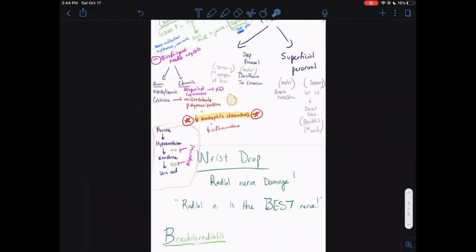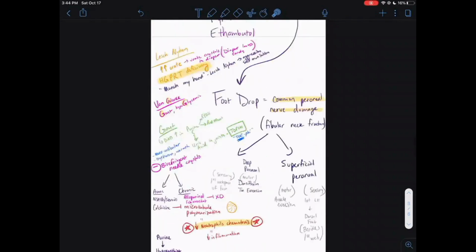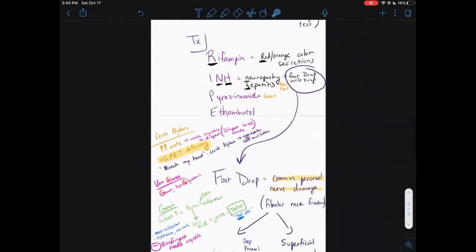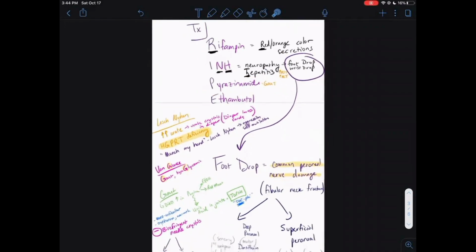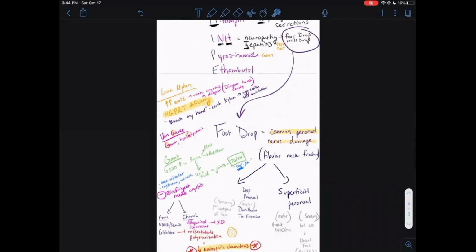Okay, so how we got onto gout in the first place, which is, I love these integrations here. So we got onto this by saying the treatment of tuberculosis, the P stood for pyrazinamide. Pyrazinamide's number one side effect you have to know is it can cause gout. Okay, so the three things we mentioned about gout is we talked about Lesch-Nyhan, which is in children that have gout-like symptoms, and they also have that aggressive self-mutilation. Remember, Lesch-Nyhan is more like munch my hand.